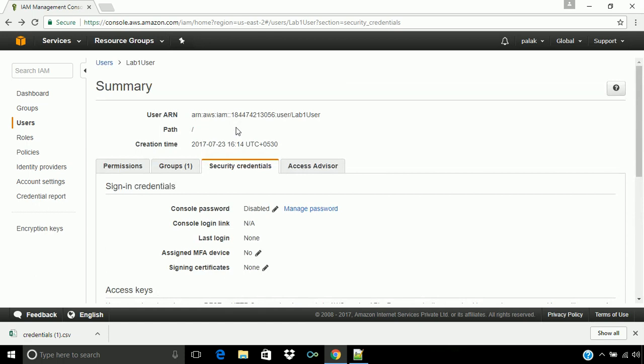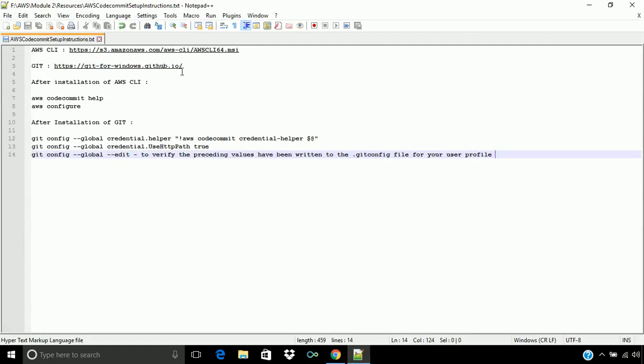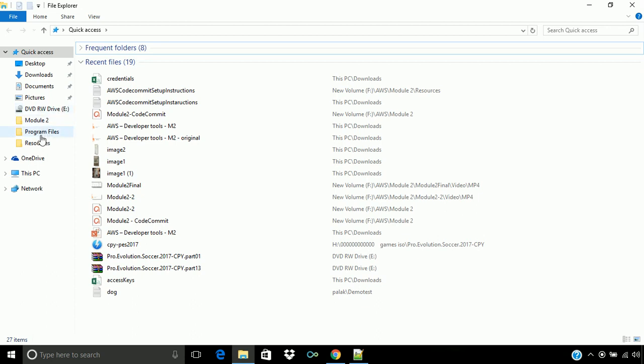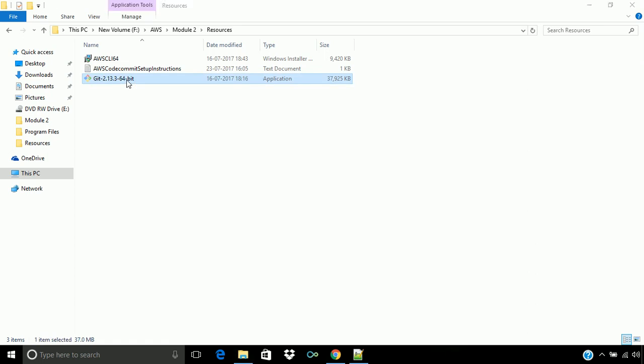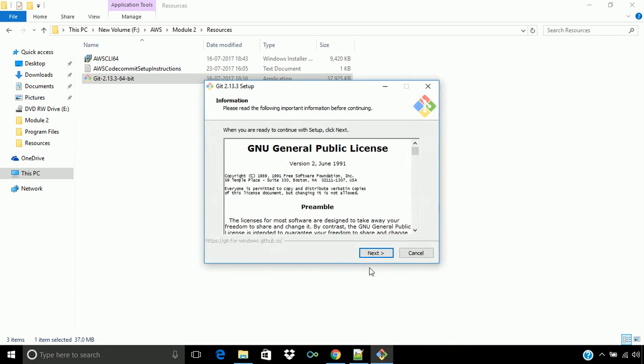So the second prerequisite was to install Git. I have made one document. To install Git, we can navigate to this and install Git. I have already downloaded the Git exe. So let's navigate to that. Here I have already installed Git exe. So I will just show the setup steps. After that, I am not going to finish it and install it again.